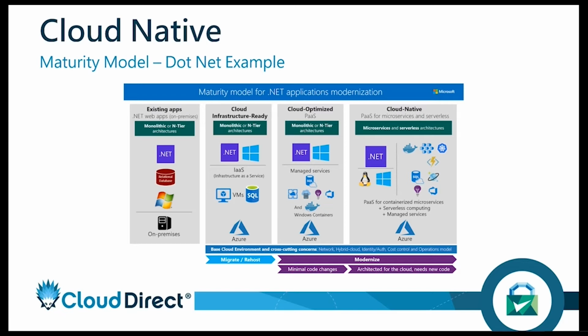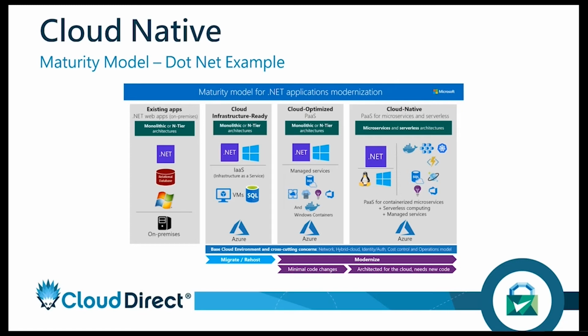And these are some of the steps that you will go on, and we will help you go on as a customer of Microsoft's. The first point might be, okay, let's start looking at making our application cloud infrastructure ready. What does that mean? It means we're uncoupling ourselves from the on-premise constraints of capacity, infrastructure services, things like that, where we start to take advantage of some of the Azure elements. So looking at Azure VMs, Azure SQL databases, putting Windows on top of that. So you are uncoupling yourself from the on-premise constraints, but you still have a large amount of constraints presented to you.